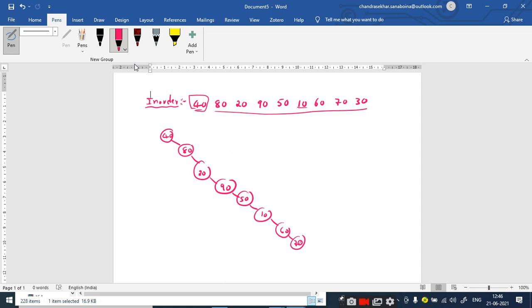right? Similarly, if I fix 50 as the root node, how can I fix this 50? It's a random number, right? So you take 50 and then you take 40, 80, 20 and 90. That means you take the average. When you take the average, 20 is fixed, therefore it becomes 40 and then 80 and then we have 90. So like this you can construct binary trees, but it is not a unique binary tree.